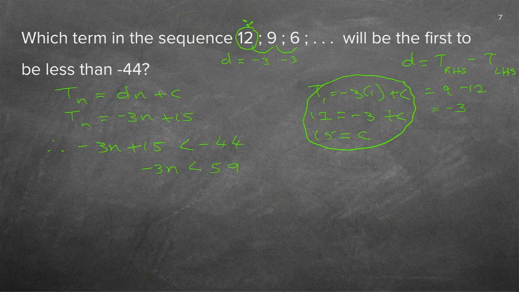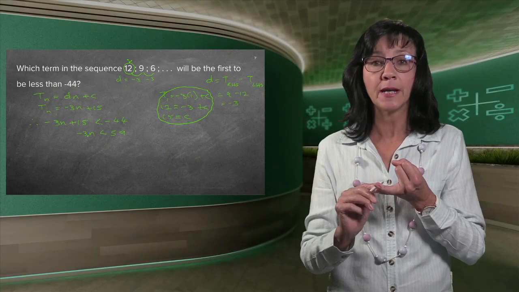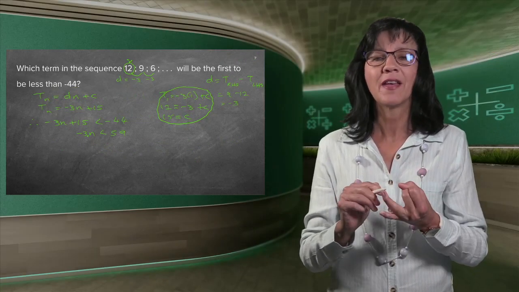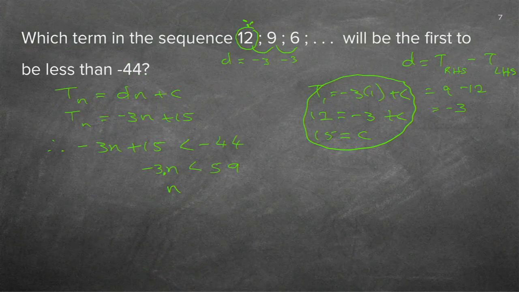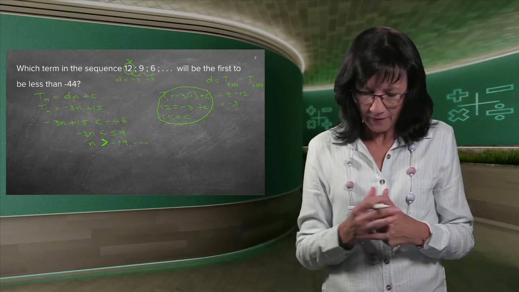And now a very, very important thing that I wonder if you remember. I need to get rid of the minus 3. So I need to divide by minus 3 because it's being multiplied there. I must do opposite working, so I must divide. But whenever you divide or multiply by a minus, I hope you remember from long ago that the inequality sign swaps around. So if I divide by minus 3, this now becomes a greater than, not a smaller than anymore. And it's minus, go in there, 1, 9, comma, what. I'm not going to even work out the rest because you know what? A term can't be 19, comma, whatever.